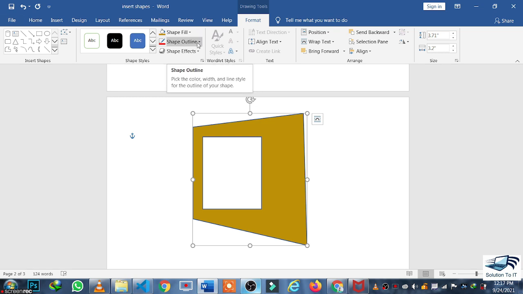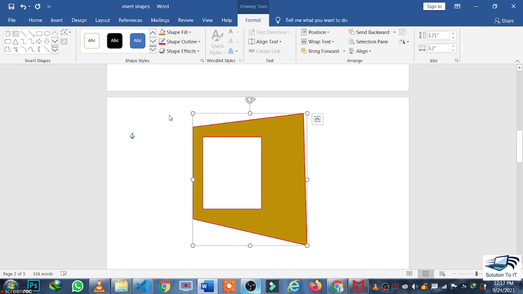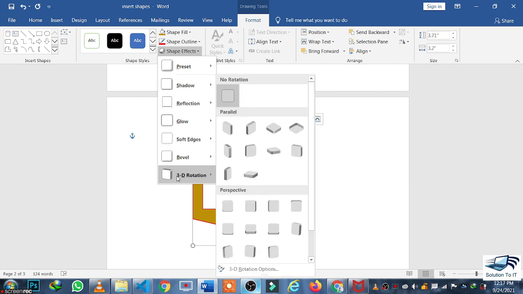Now there is the next option of Shape Outline. As you can see, we have given an outline to our shape, and there is the next option of Shape Effects. There are different options. I am taking the 3D Rotation.